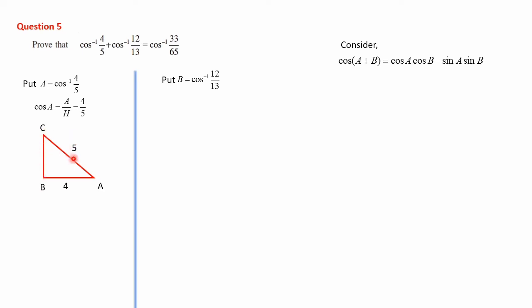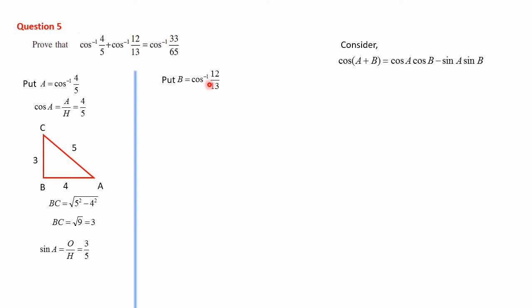That means root of 5 square minus 4 square. That is BC is equal to root of 5 square minus 4 square, that is root of 25 minus 16, which is root of 9. Root 9 is 3. So BC we have got as 3. Cos A we have. Now we have to go for calculating sin A. So when we calculate sin A, the formula is O by H. With respect to A, O is 3, H is 5. So 3 by 5 we have got.